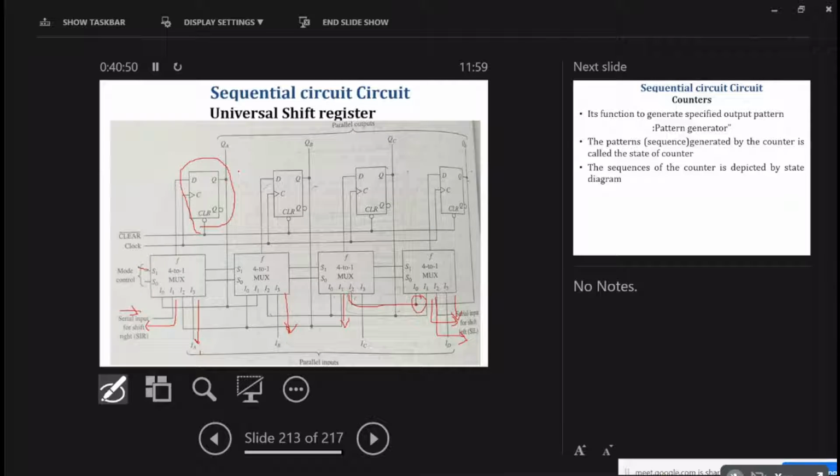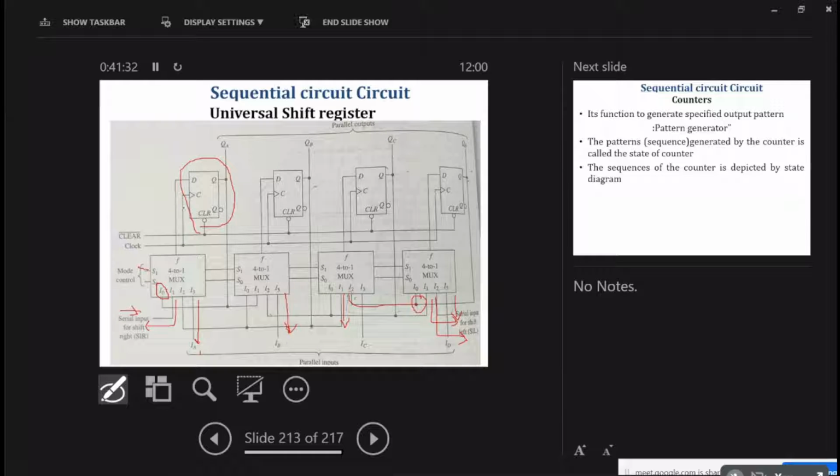So whenever we don't want the state of the register to get changed, at that point we will utilize this mode I0 pin. So how can we use this I0 pin? I0, I1, I2, I3 are the inputs of the mux. From the basic functionality of the multiplexer, whatever inputs are at the input terminals of the mux will get selected on the basis of the selection lines. Here we call those selection lines the mode control lines.